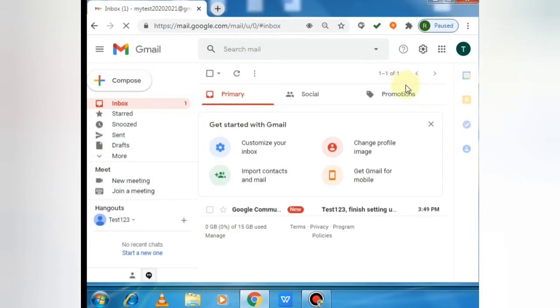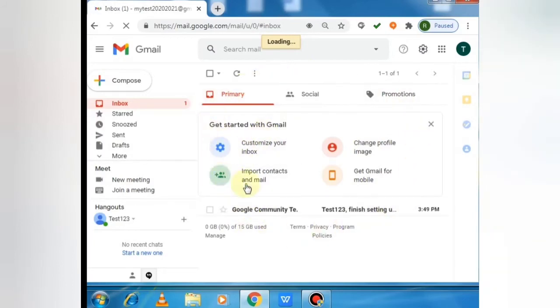On the left you can see our inbox, sent items, drafts, etc. These are the important folders which we use frequently. And this is our inbox, that is our sent items, starred messages, snoozed messages, drafts, etc. So please use and learn them by clicking on them. There is nothing to worry about.